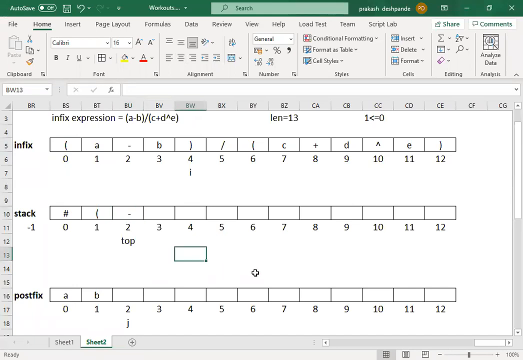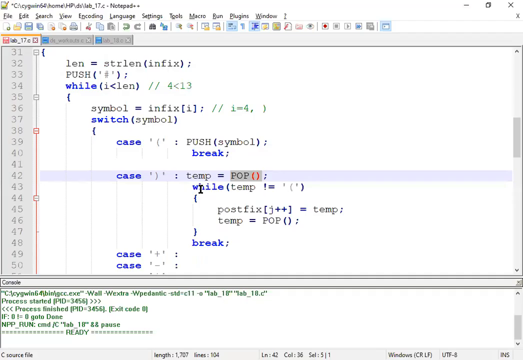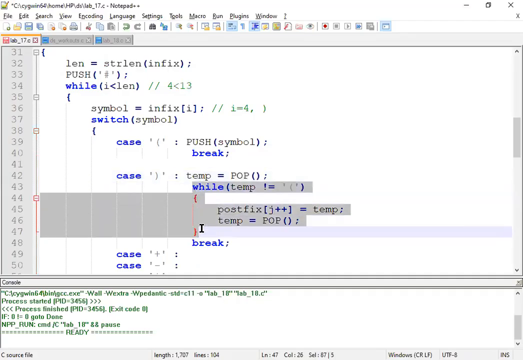Let me take one more variable here for demonstration. So here, what I will do, I will write a temp, and in this particular temp I will store minus. Okay, the minus character I will store here. So now this top will get pointed over here. So that means no more does this minus exist in this particular stack. Fine. Then we do have again one more while condition. Now we are trying to validate the element which we have popped out.